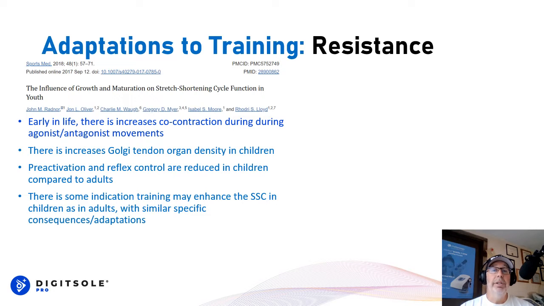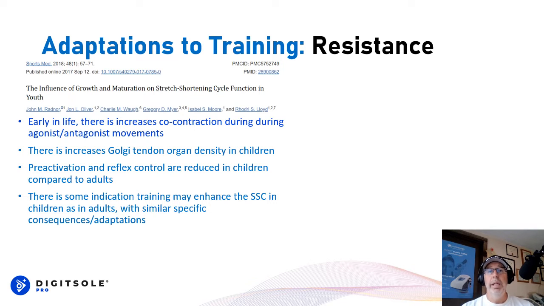The pre-activation and reflex control, I'll just combine those two things together, is reduced in comparison to adults, even untrained adults, in the child. But what we may find is, as a result of being involved in training, and again, is it in place of maybe just playing another sport or running and jumping? Well, if they're not doing that, then whatever the reason is, we do see some changes and potential opportunity to